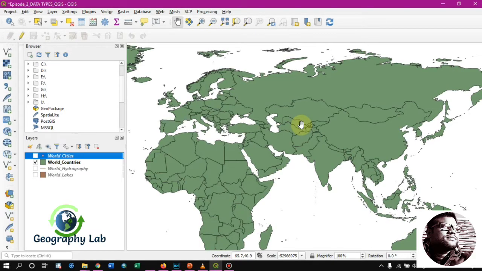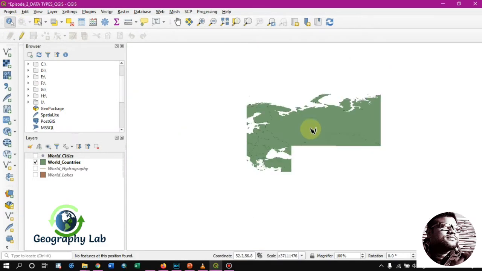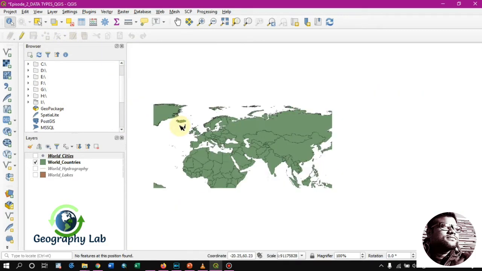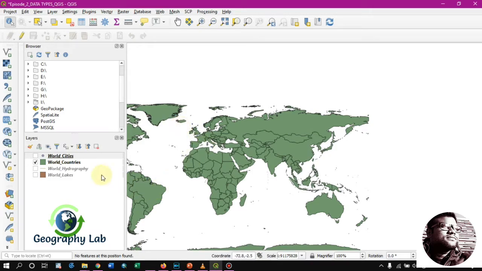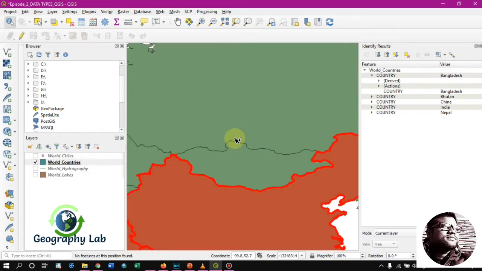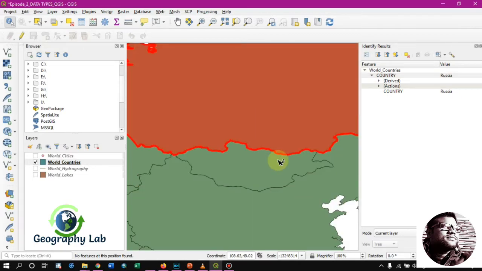So another thing is that we can actually show the attribute table information on the display on the screen.